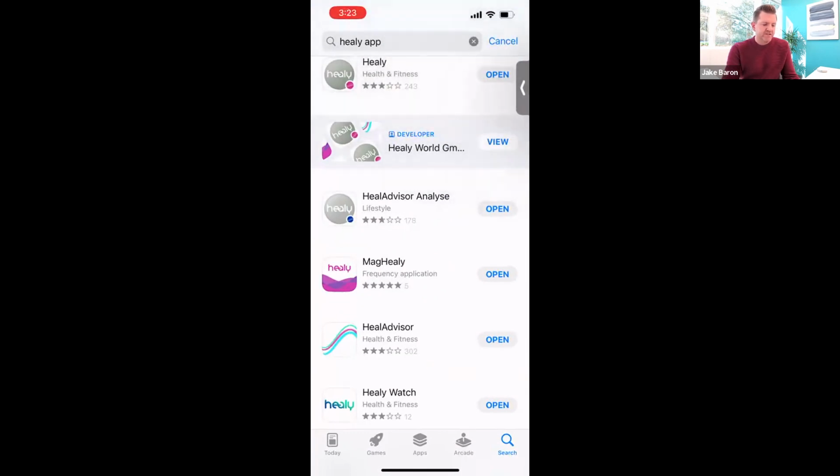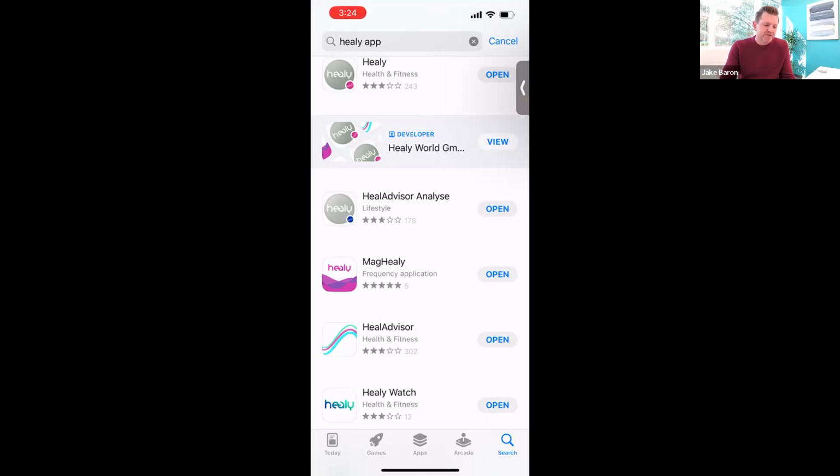And we're going to, you see, I just go to the App Store, type in Healy App, and you'll see our whole family of apps here. We have all 5 listed here. We have the top one, which is the Healy App, which is the older version. It's the Healy Pink Dot app, which everybody refers to. I referred to it earlier on this call because I'm so used to saying the Healy Pink Dot app, but